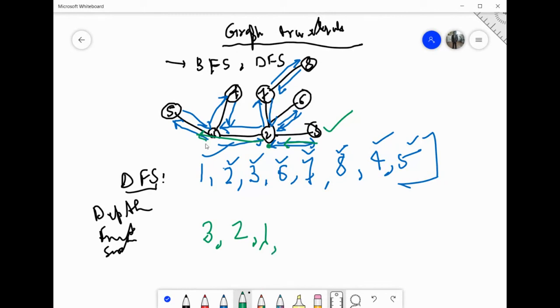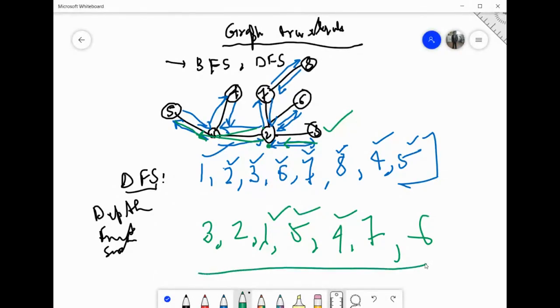Now I have to visit one of the adjacent nodes of 1. Suppose I am visiting 5. So we have visited 5. Now it is done. 5 is completely done. We will come back to 1. Next option of 1 was 4. So we will visit 4. 4 is also completely done. We will come back to 1. So 1 के सारे part is over. 1 over, 5 over, 4 over. We will come back to 2. 2 के 7 and 6 are remaining. So suppose first I am visiting 7. It is also done. We will come back to 2. Last remaining is 6. So that's it. This is another DFS.